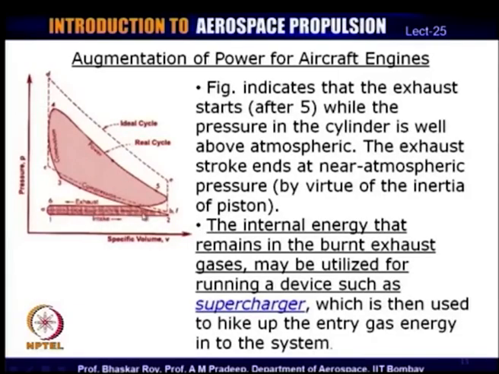So, that this intake exhaust loop again becomes a small one and does not take away a lot of power, and as a result the BHP available would again become a reasonable value for supplying power to the propeller. So, this supercharging is something which we will look into in some detail in the next class, and